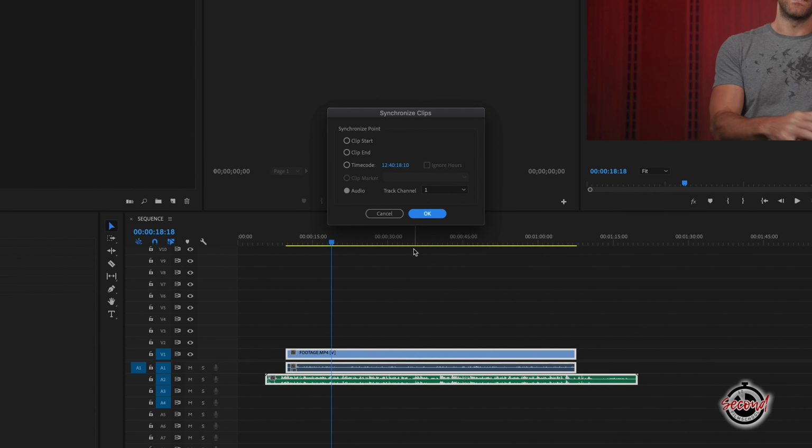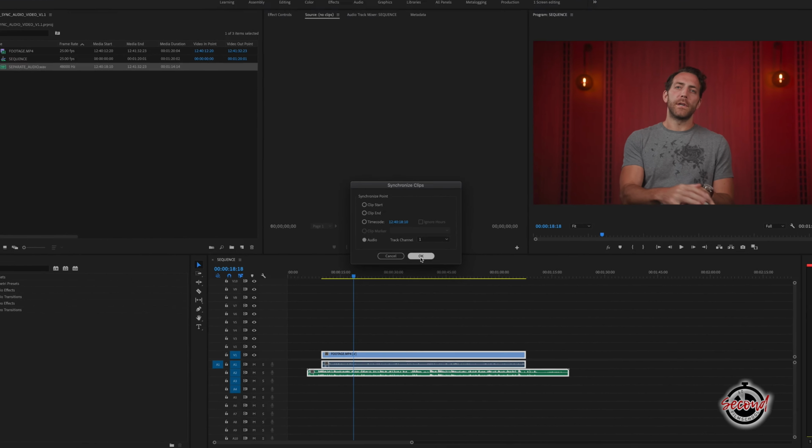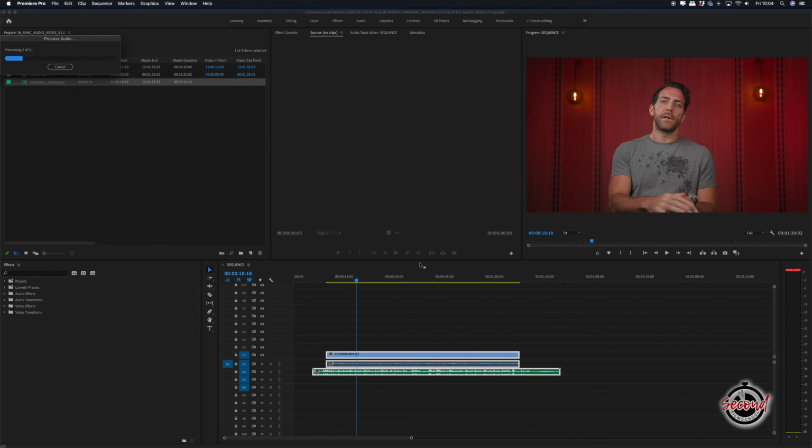The Synchronize Clips window will appear, giving you options of how you want to sync up the two clips. In this example, we'll choose audio, as it will sync the separate audio file to the native audio file recorded along with the video clip. Click OK. It sometimes takes a little while to process, but for good quality audio, the Synchronize function is normally